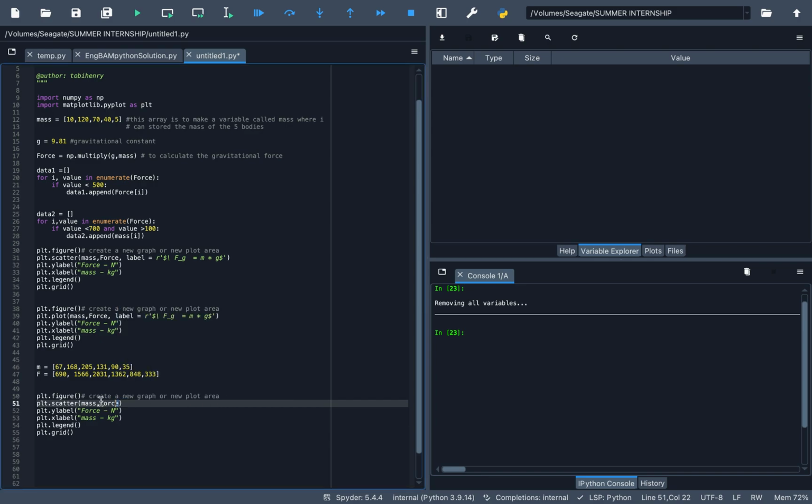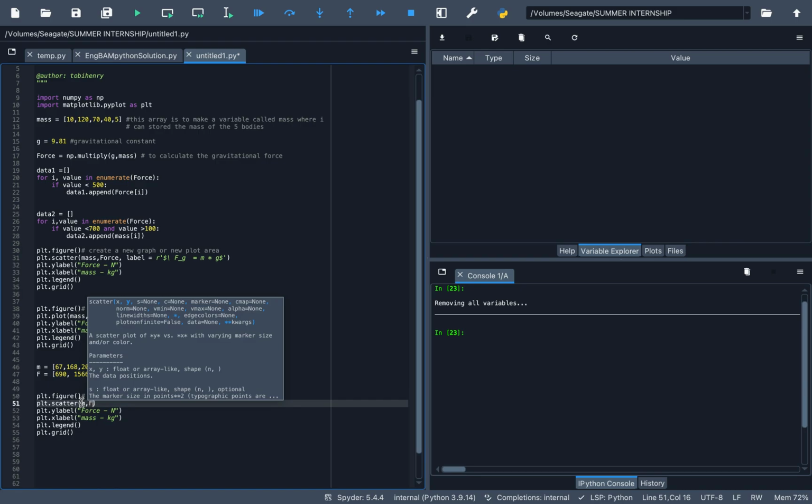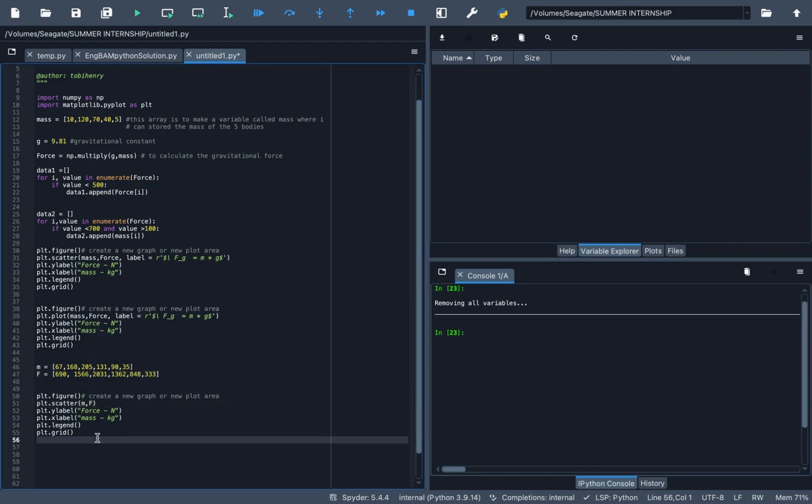So what I can then do is remove the old X and Y data, and I can then put in my new mass and force data as my new X and Y data. In this case, my X is the mass data like we plotted before. So I'll type in M, then F. Then what I can then do is click run,